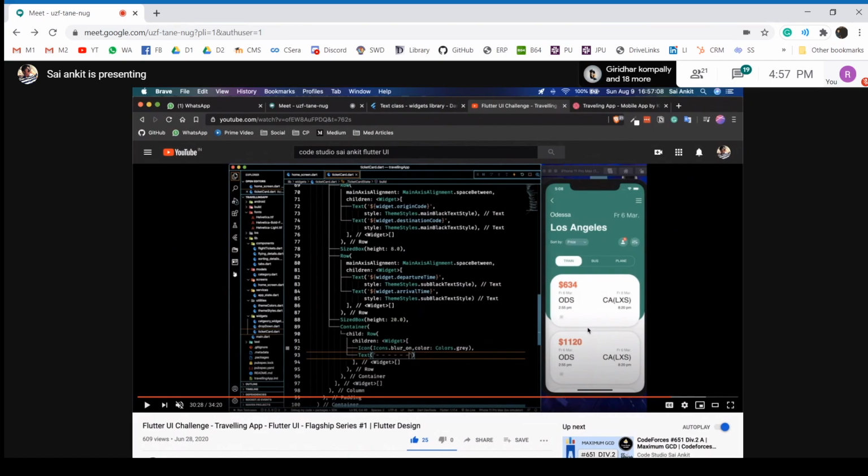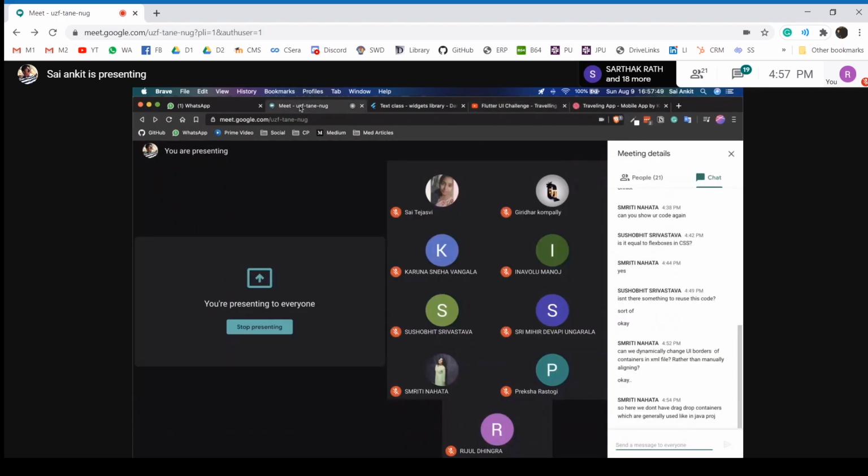So this is like a very exponential growth. Once you have done a single design, you can take up another design. First design might take you a week to complete, and second design might take you a day to complete. A third design you choose might take hours to complete. So after you practice a lot of designs on Dribbble, then you can start with the actual app development process. First, you have to be perfect with how you can develop UI. UI is the first thing with app development. Once you develop the UI, you can go on with backend development. This might take you a month to get your things ready before you start backend. Any doubts? Any general doubts?